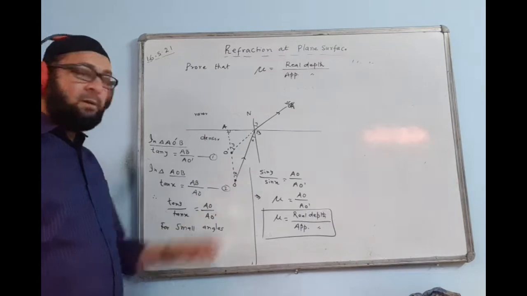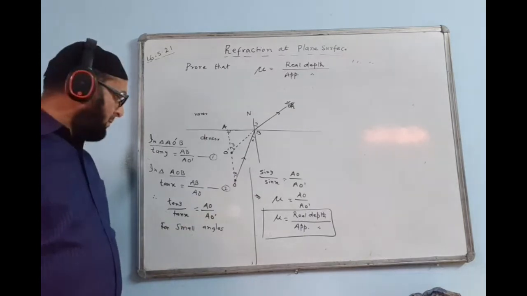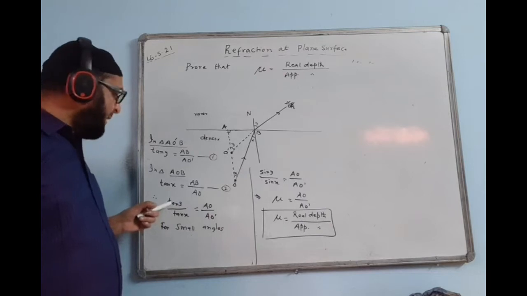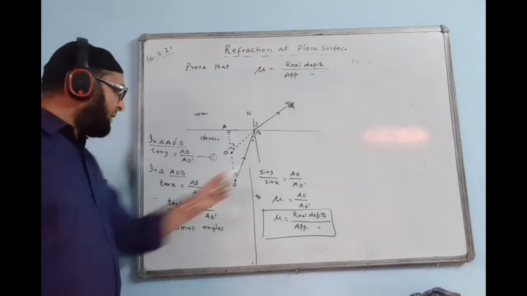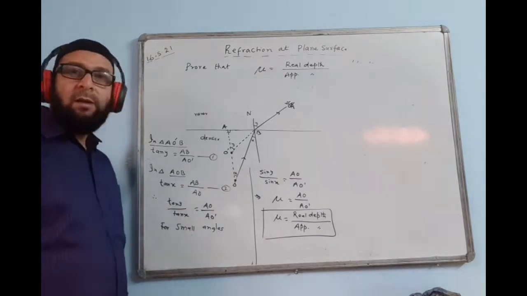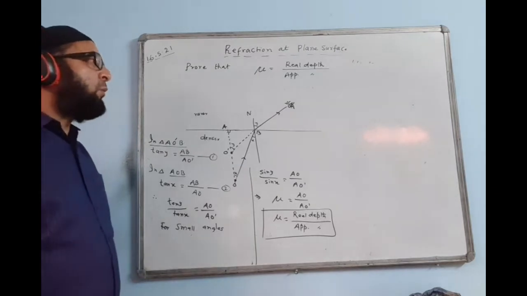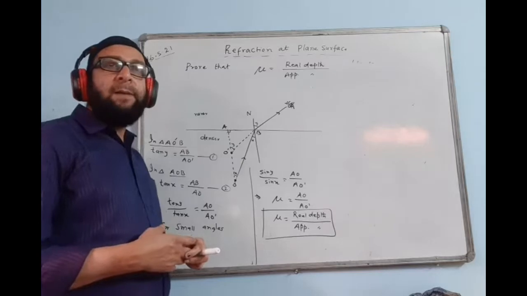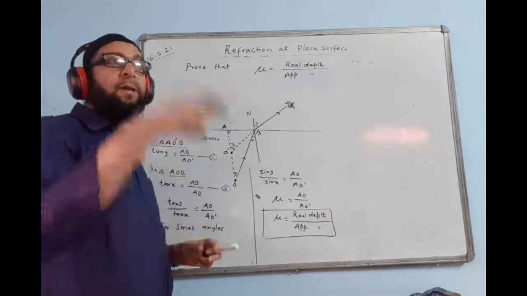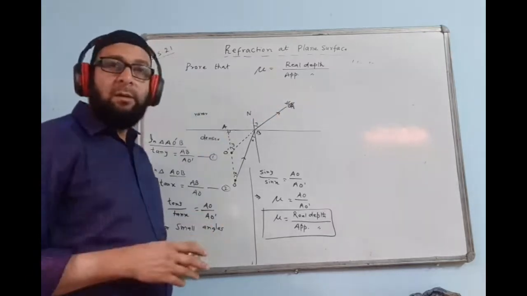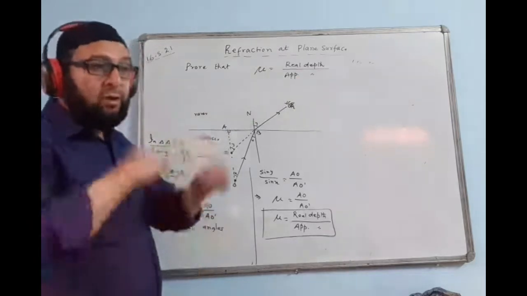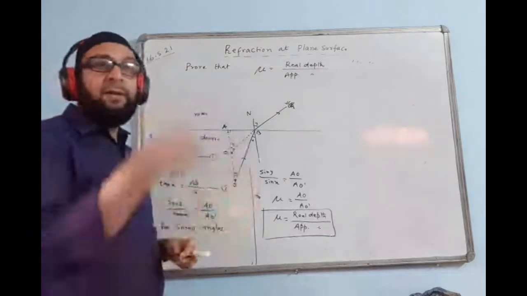This one, this is the step. When angles are small, the tan can be replaced by its sin. Instead of tan, we can add sin Y, sin X, both. Whenever we apply the formula of mu, the refractive index formula, then we always apply Snell's law as rarer angle upon the denser angle. Though in the actual situation the ray may be traveling from denser to the rarer, we'll always take it from rarer to the denser.